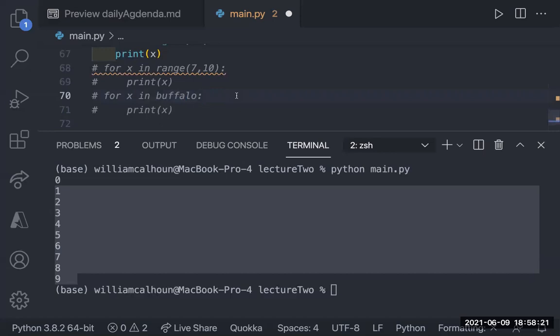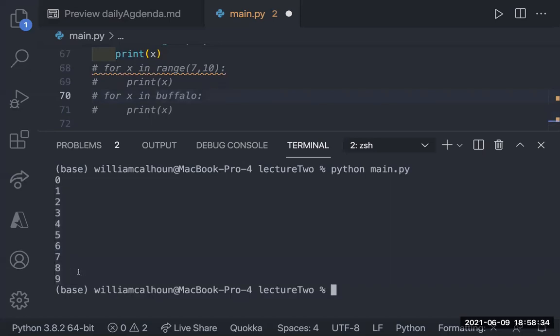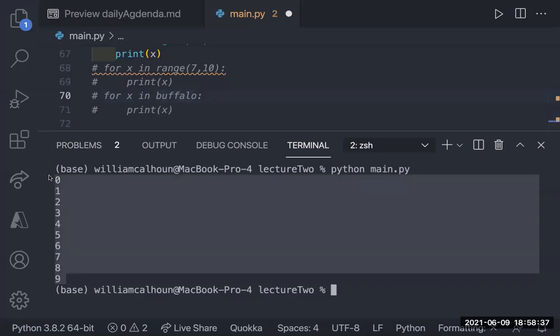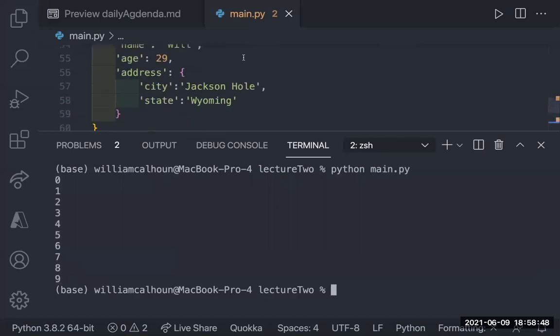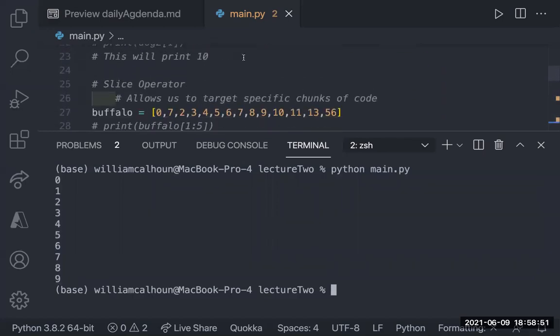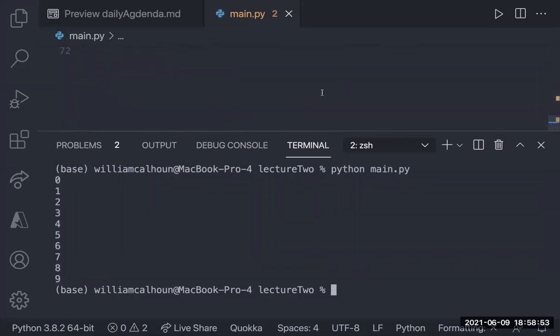That will give you the value in Buffalo. What if you wanted the index of the value inside Buffalo? What do you mean, the index? Just the index, not the value of it. Oh, okay. Yeah, so if I wanted the actual value, let's say something like this. Yeah, I see, I could see how that'd be confusing. Because remember Buffalo, we had 56 at the end. Yeah, so this is just giving me the indices.